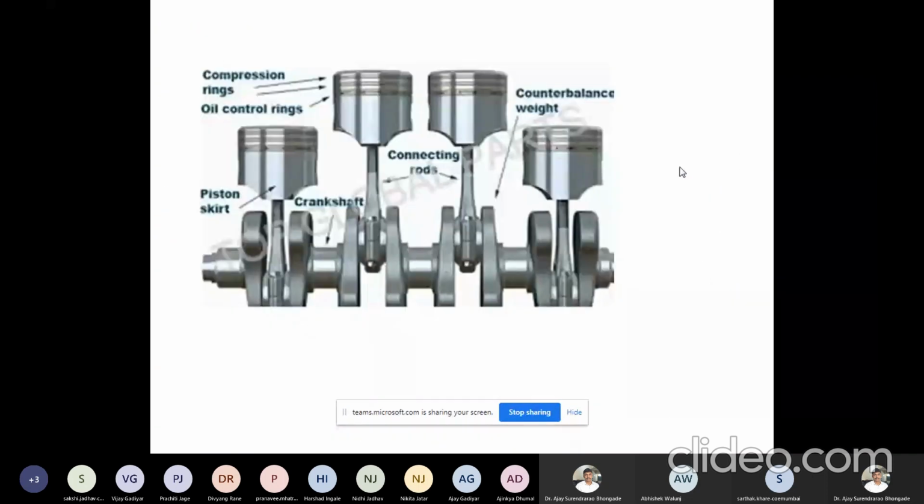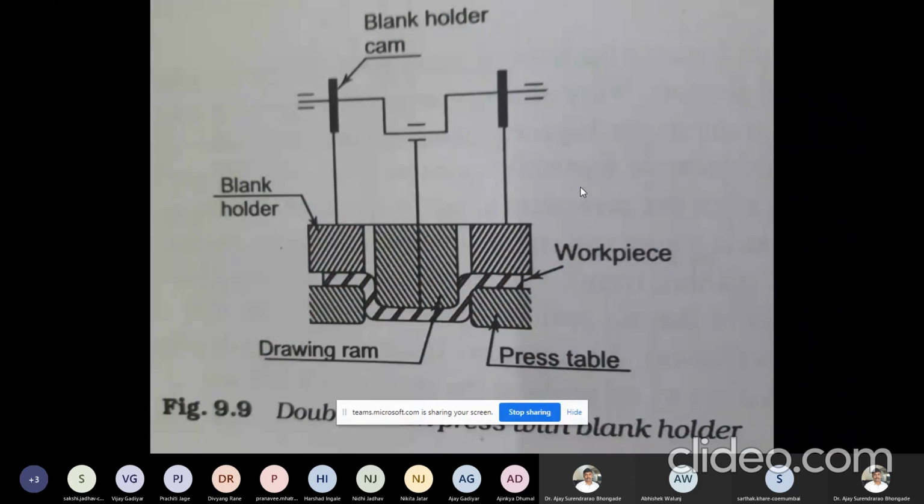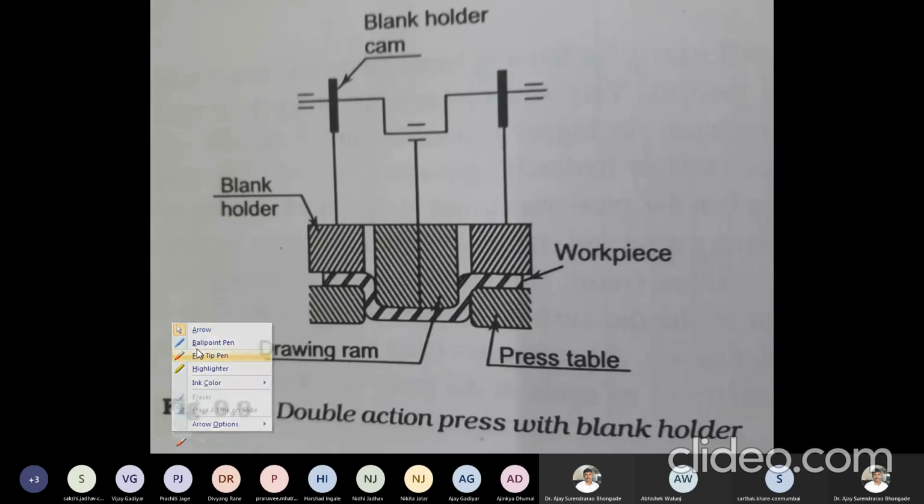We had also talked about a single crankshaft and 4 pistons mounted with the connecting rod there. Accordingly, we can get 4 different types of movement on the press, right? So if you want to do a press operation, the blank holder has to be actuated, and we also have to make sure that the drawing is done. The blank holding will be actuated by this particular crank or cam.